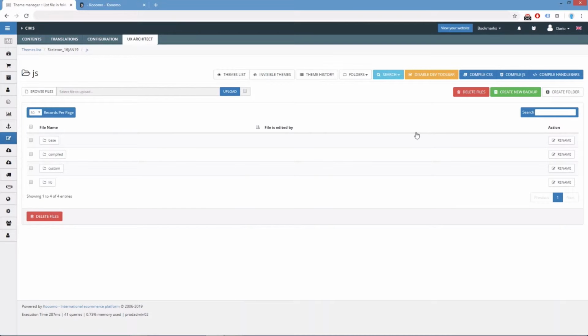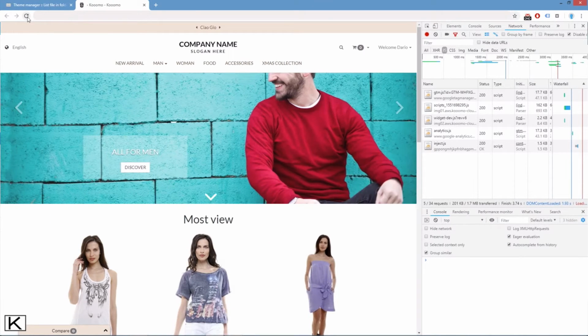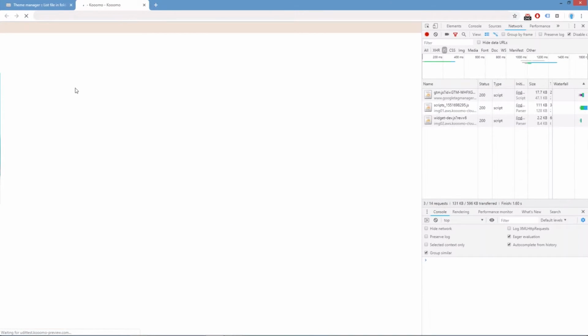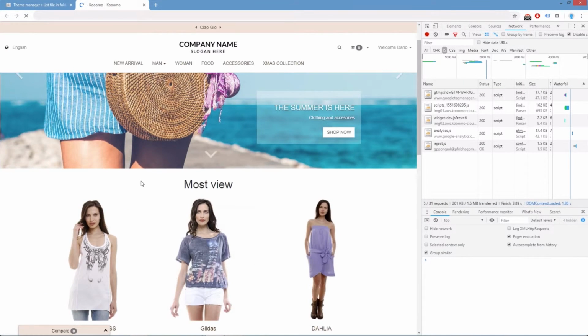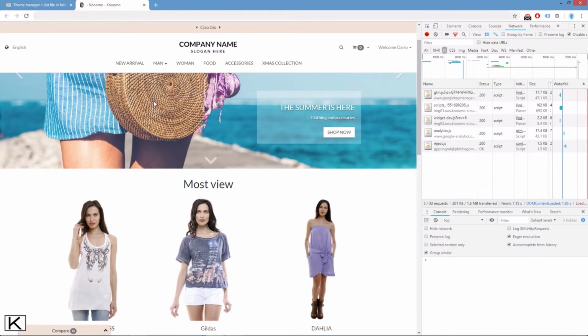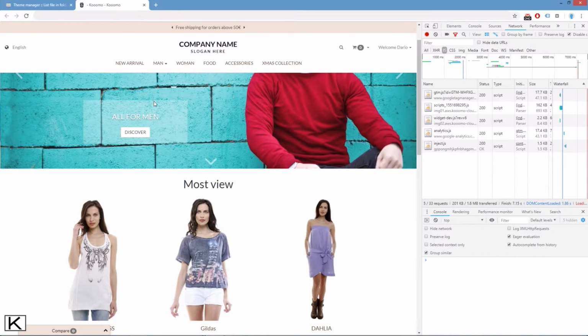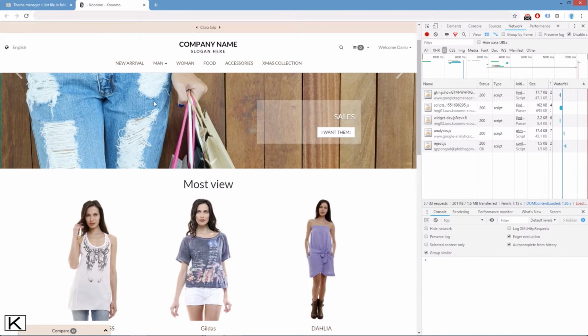Let's take a look at a quick example in order to understand better this process. If we check the home page and if we refresh, we can see that the products are rendered after the page has been loaded. The reason for this is because the products are rendered through a handlebars template. And how do we find that template? We can inspect any of the products,